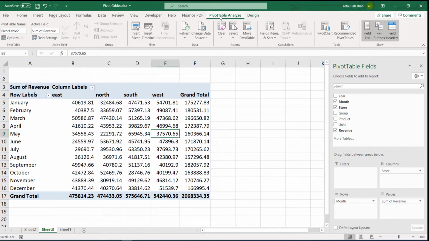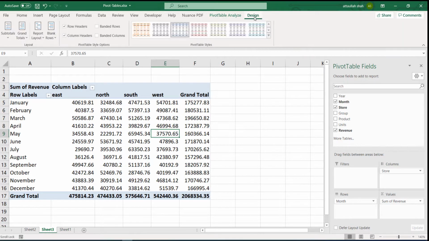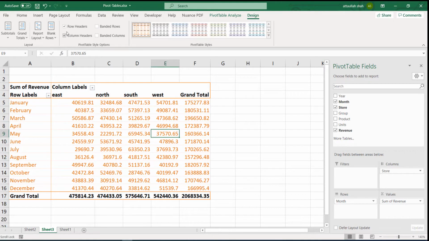One is pivot table analyze and second one is design. So you can create your design here, whatever design you would like to have, and you can create row headers or no row headers, banded rows, etc., whatever format you would like for the table.